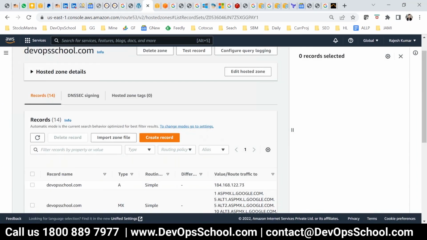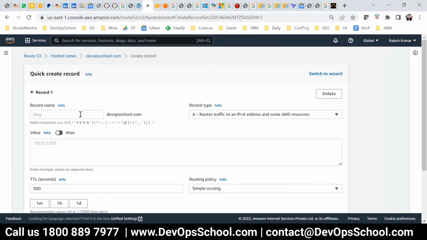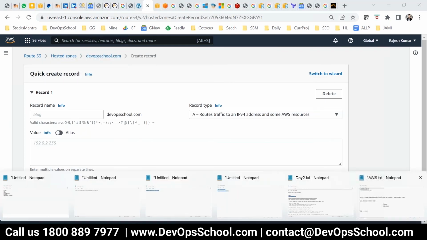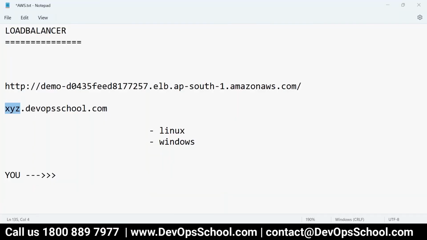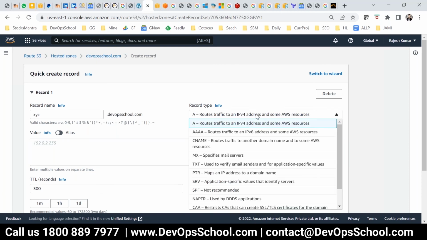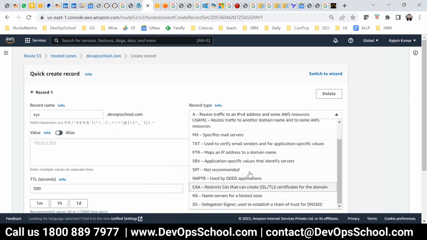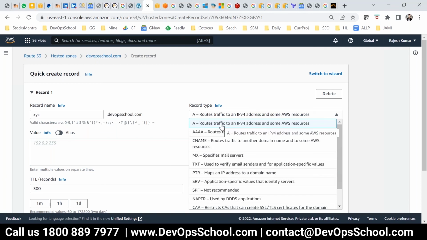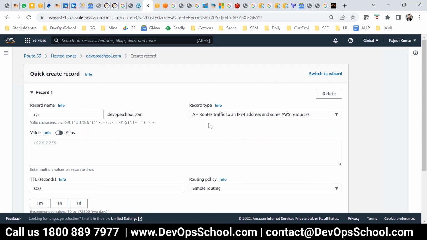And here I'm creating one record. Now what is the record we decided? We decided xyz.devopsSchool.com. So here xyz.devopsSchool.com. What should be the value here? The value should be routing to an A record or load balancer. So I have a load balancer, right? Let's find out. A, see here, all this you have to understand. So A is the one which I needed, and here